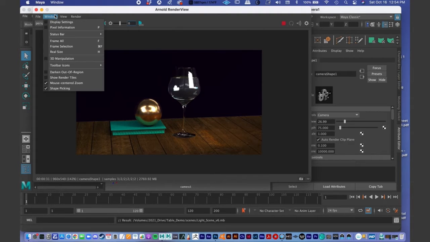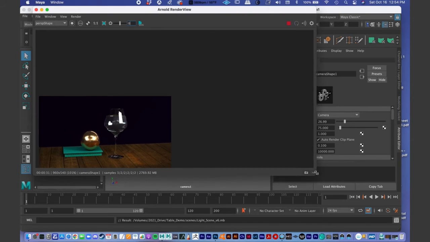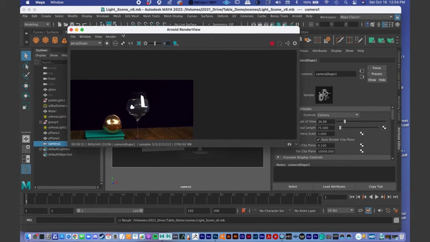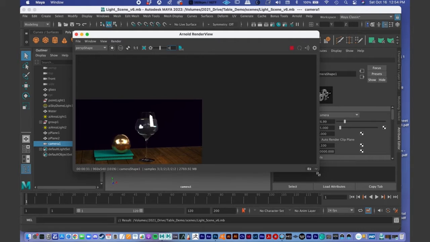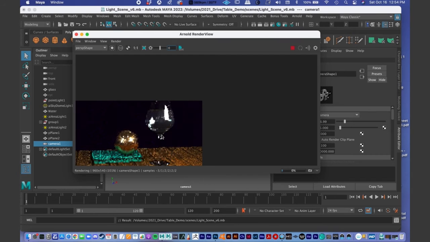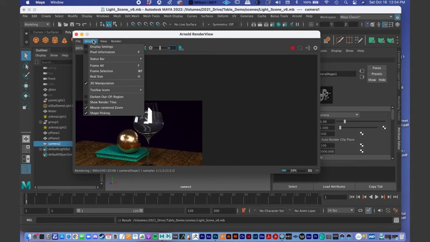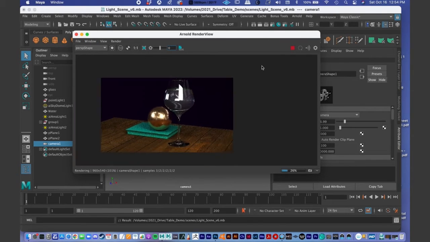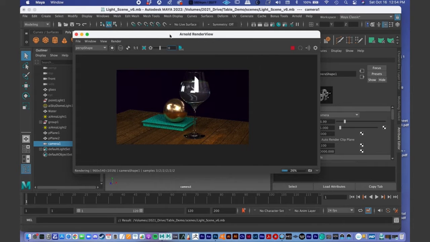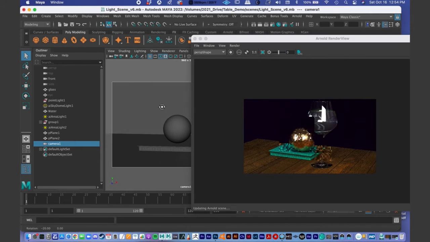It's not crucial. But in the Arnold render view, if you go to Window and 3D Manipulation, you see it pops my view to the bottom corner there. It makes it so that you can change the camera position directly on the view there. On my computer it snaps it to the small side, and I don't find it super useful because there's some kind of glitch happening there, but for a lot of you that could be a really good way to help stage your scene. So